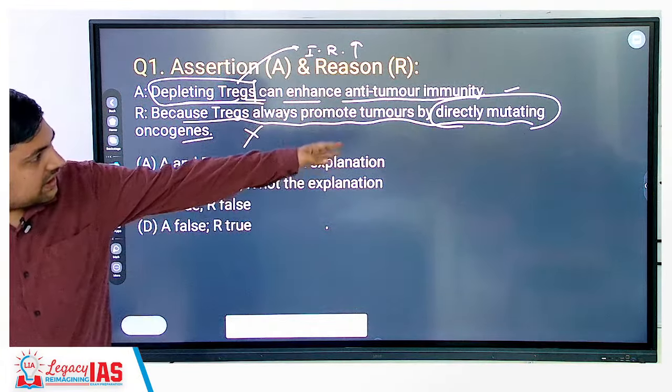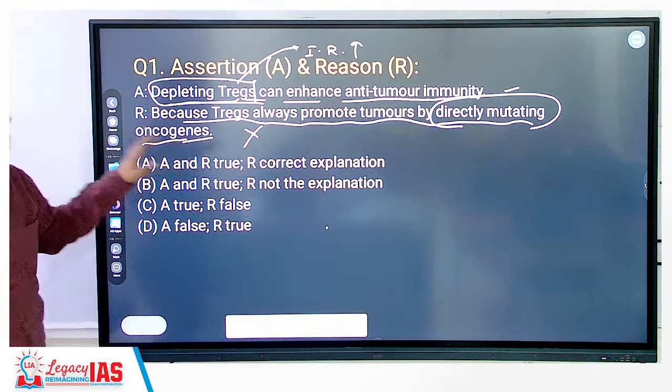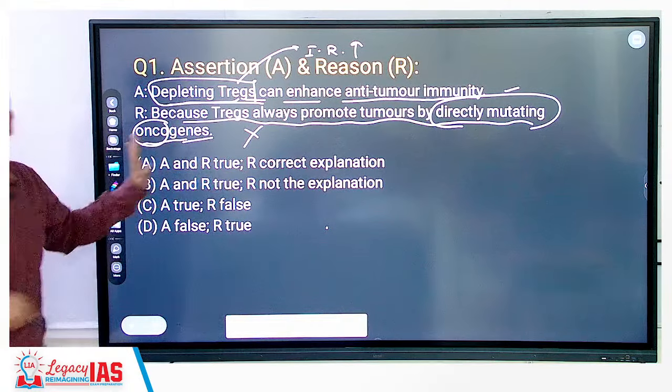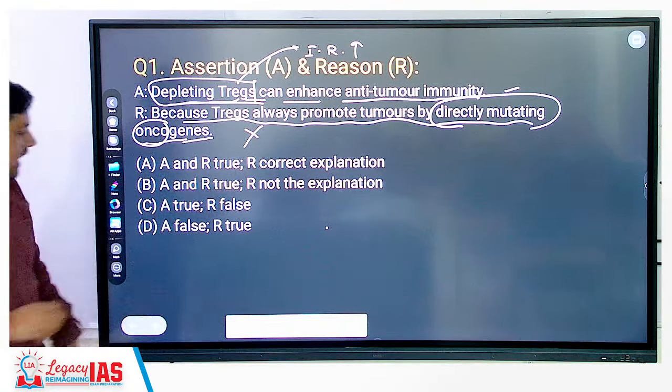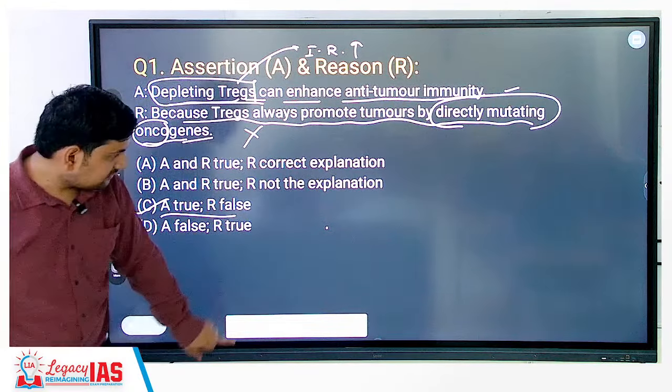Understood? So directly mutating, and oncogenes are genes that are causing cancer. That is why they are called oncogenes. Okay, so this is not doing something like this. Answer becomes A is true, R is false. Okay, then